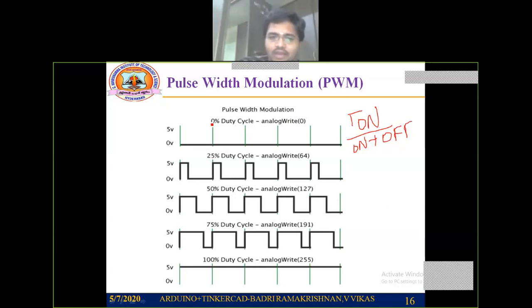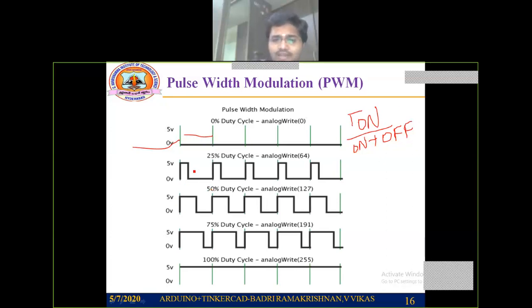Okay, if I consider this particular case, the first one, I don't have any on time here. So on time will be 0, 0 divided by the total time period, so duty cycle is 0%. If I consider the time period here as 5 milliseconds or 10 milliseconds, in that case my duty cycle will be 0.